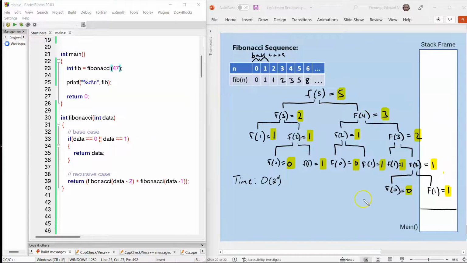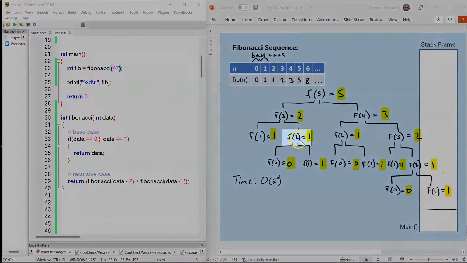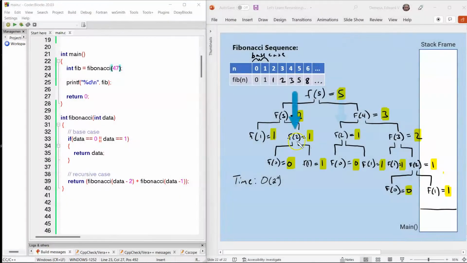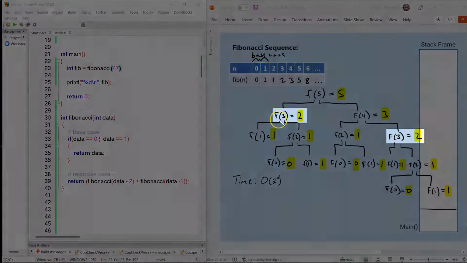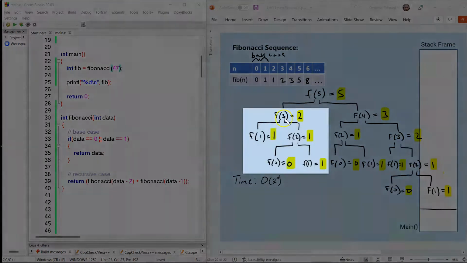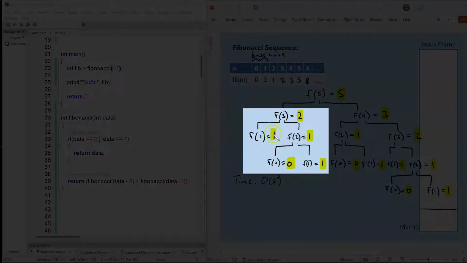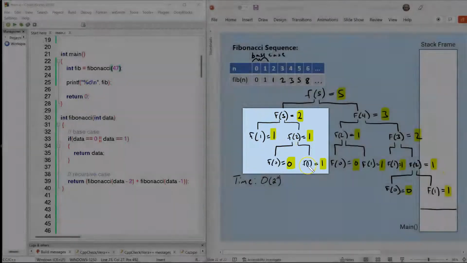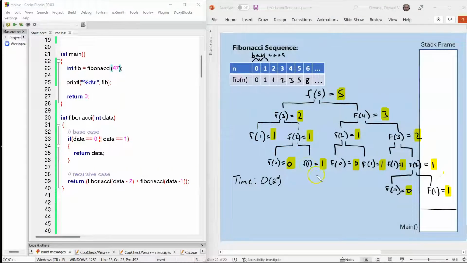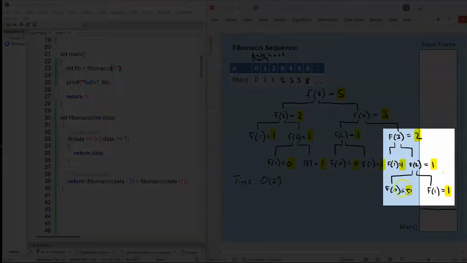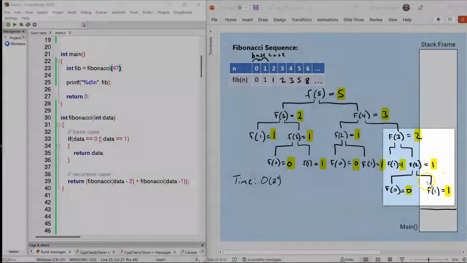If you look at our tree, for example, let's take a look at f of 2. F of 2 is called 3 times. If you look at f of 3, it's called 2 times. But from this parent root, f of 3, it calls 4 other stack frames. Also, if you look at the values of f of 3, we know that it returns 2. But f of 3 will call 4 other stack frames,